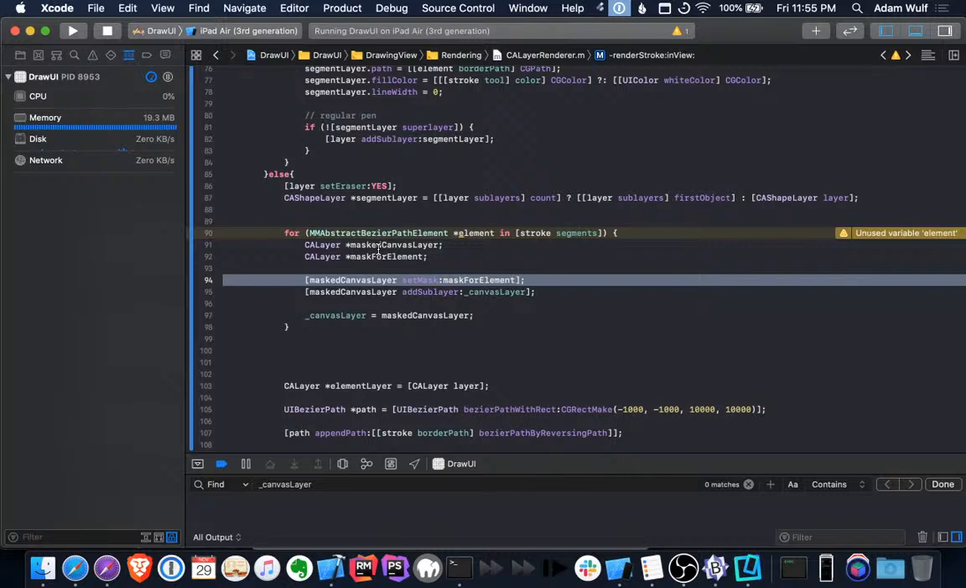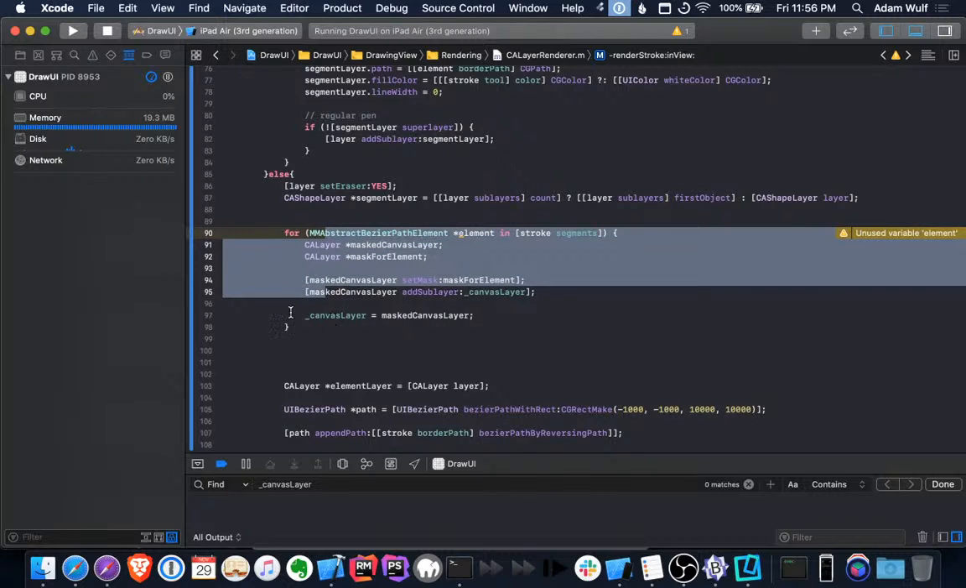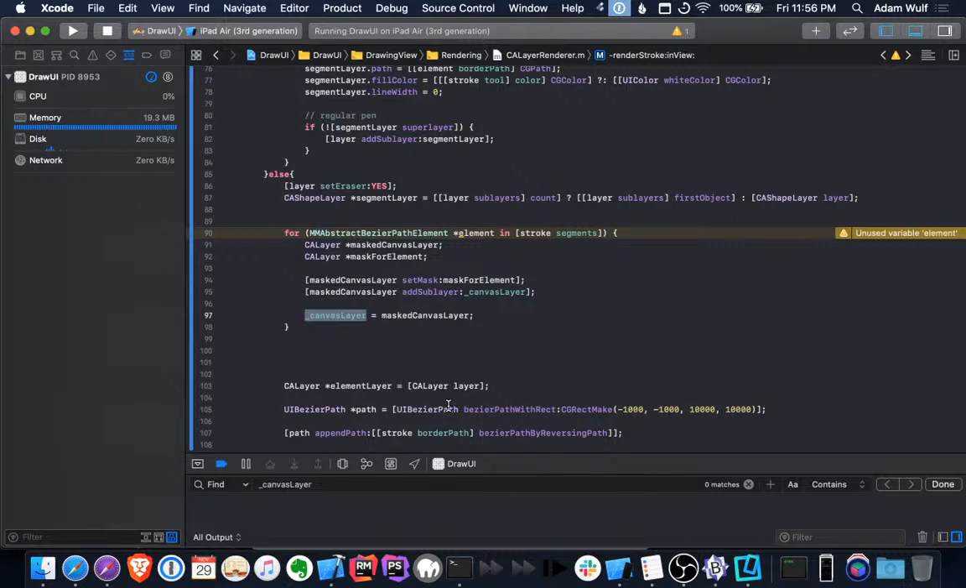We set the mask. Now this guy is rendering correctly. We add the canvas to it. So now this is the content that is masked by that single element. Now we reset our canvas, that masked canvas. Now what that does is this guy loops back around, and so then the second element in the stroke is masked, etc., all the way down. If that makes sense, right? And so then by the time this loop ends, this guy is